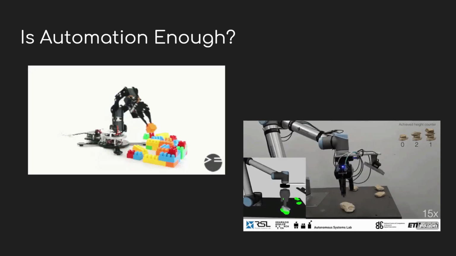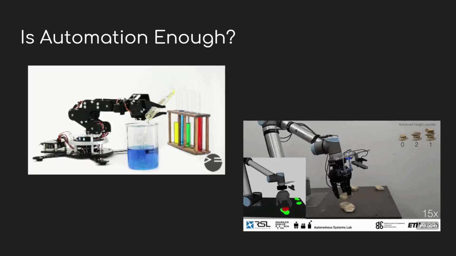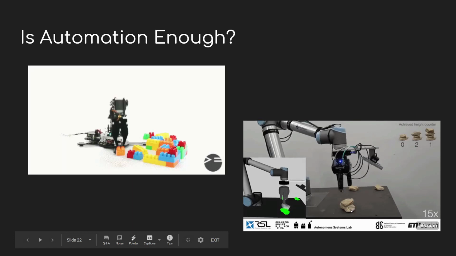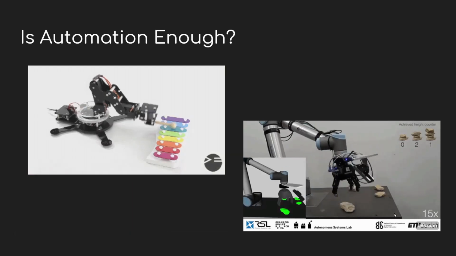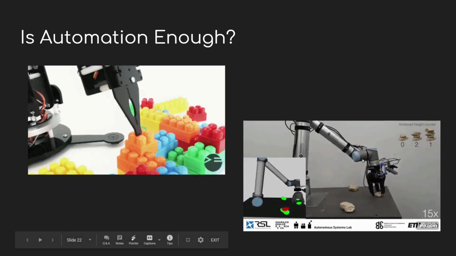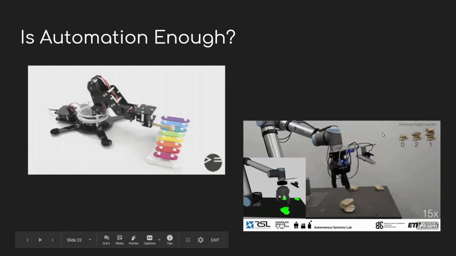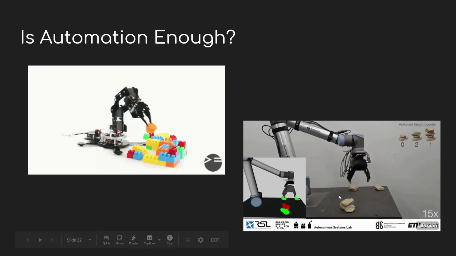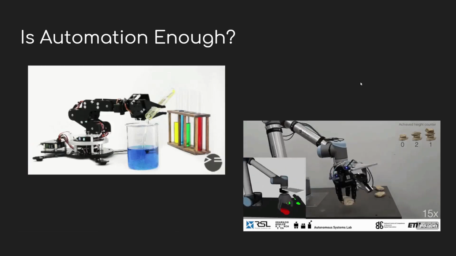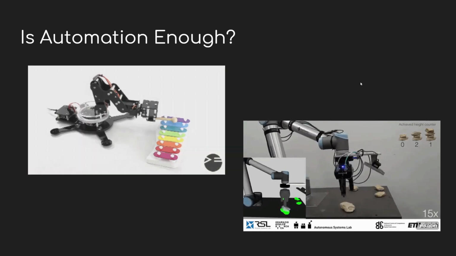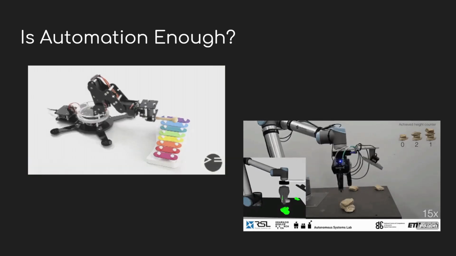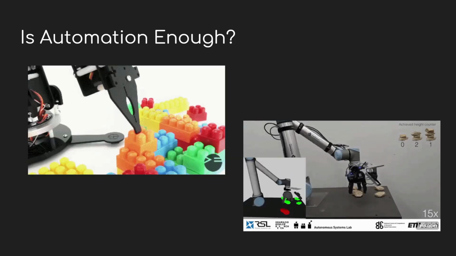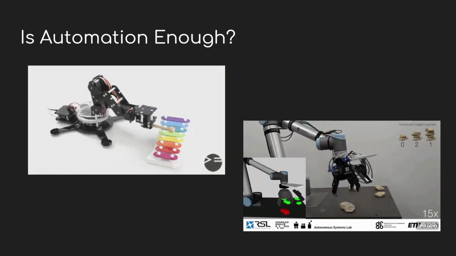Because if I program this robot for particular stones, and I replace these stones with something else, it will have a very hard time, in the sense it may not be able to do the stacking. That's the reason why automation is not enough. Whenever you do automation, it's monotonous, in the sense it will go in a default way with pre-described instructions.